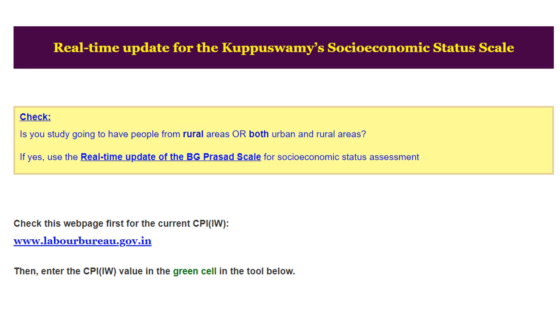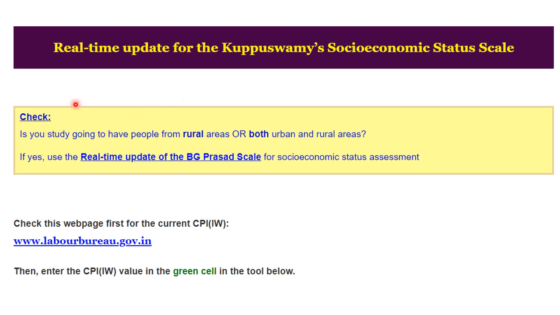Why am I discussing this point? Because asking someone's income is a very sensitive issue. If you have not built a good rapport with your family, they may not tell you this, or they may be uncomfortable telling you their income. So you have to assess this. If you have a good rapport, then you can ask them. If they are not willing to tell the income, then you have to assess it indirectly from different methods which we will be discussing in further slides.